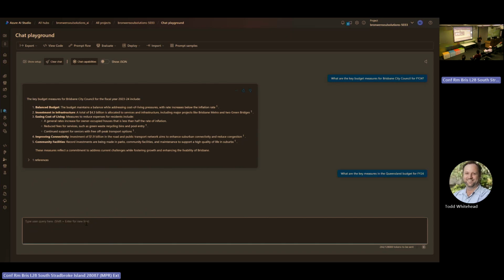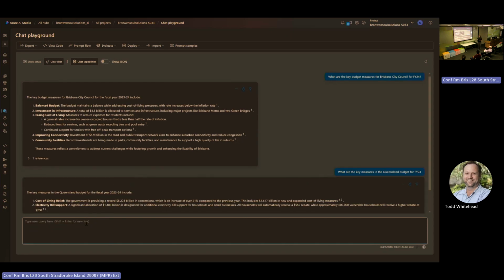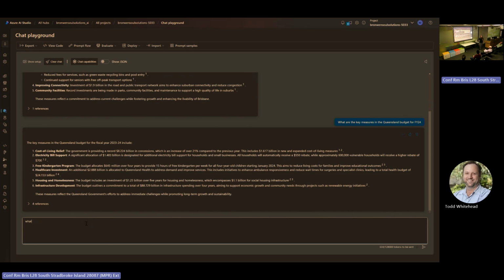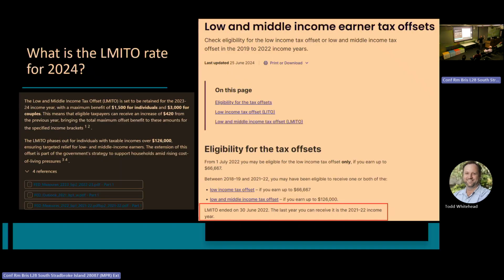So it did a pretty good job. It was actually quite interesting, but you've probably come across this if you've used any of the chatbots. Who's seen hallucinations? Yeah. So one I picked up on pretty quick was I asked it about what the LMITO